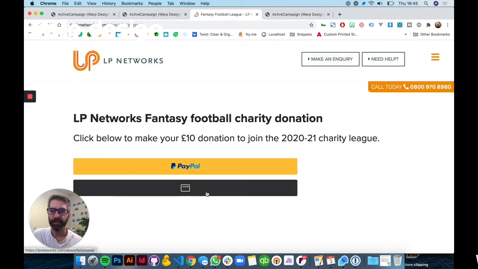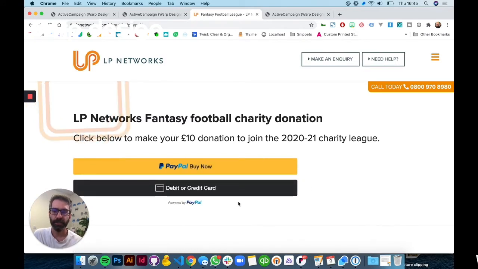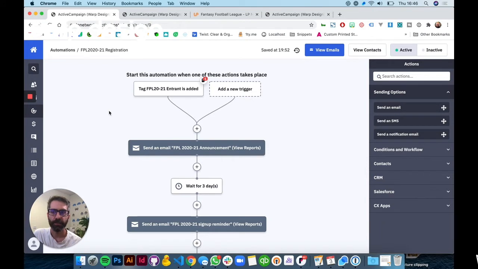They click the enter team button and that takes them to an embedded PayPal page. This is very simple. It uses the PayPal checkout script that you can generate from your PayPal dashboard. It allows your contacts to pay using PayPal or debit or credit card, and you can set the amount that you want them to donate. So they fill out the payment form, they make payment, and then once they complete successfully, they're returned to this screen and are presented with a very basic ActiveCampaign form that asks them to confirm their email address. So they click submit on that, they go to a thank you page, and for us, we're back at the